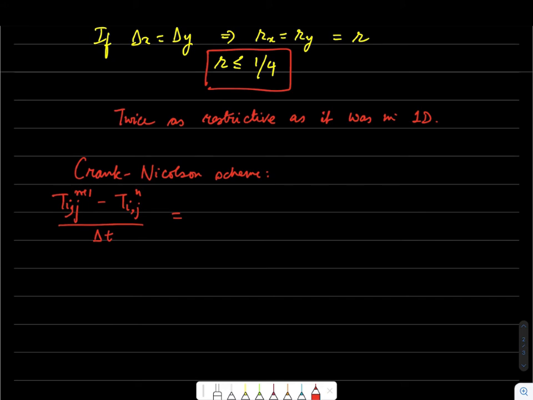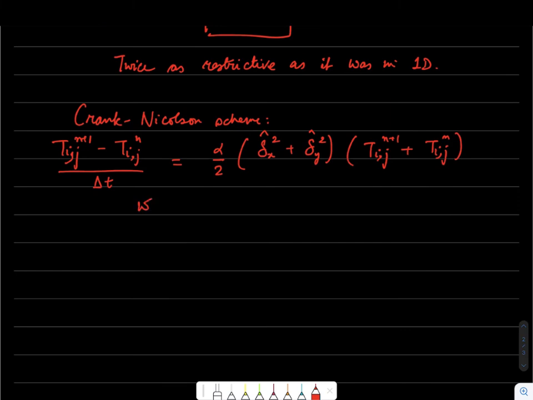So let me write this, in a compact notation, as alpha by 2 times (delta hat x squared plus delta hat y squared) over (T_ij^(n+1) plus T_ij^n), where, let me explain